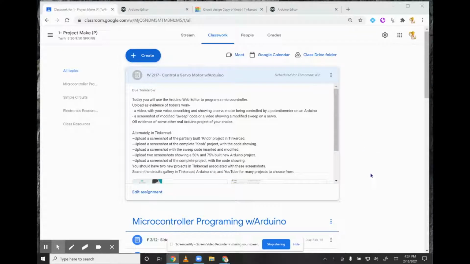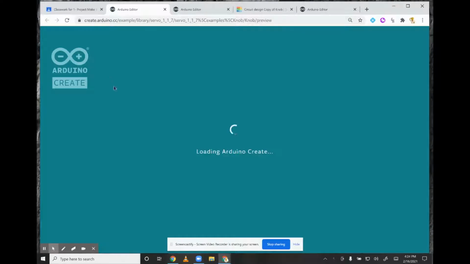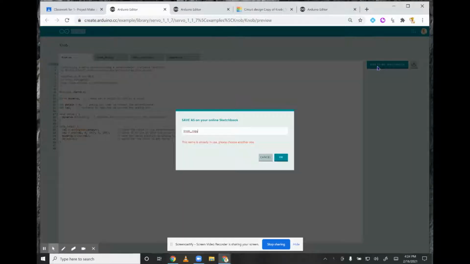Hello. Today we are going to code our Arduino with a sketch that requires referencing a library. In today's assignment, there is a link to my Arduino code that, if you click on it, will take you to the code that you could copy and paste into Tinkercad. What I'm going to do is add this to my sketchbook. It will open up this code in the online Arduino editor